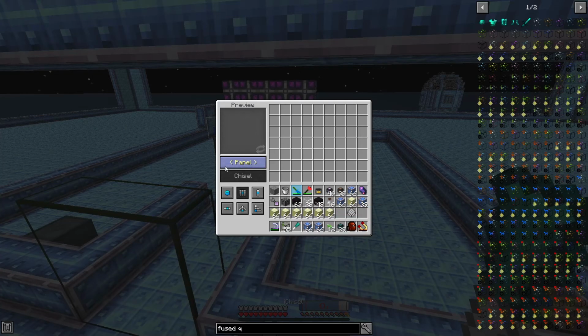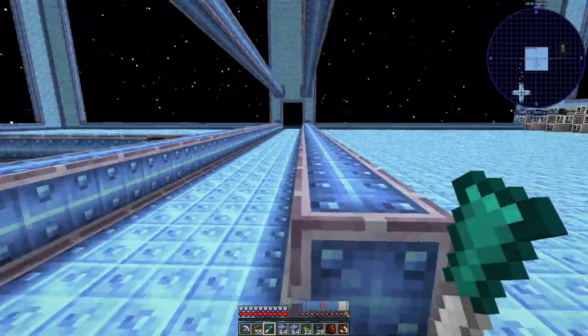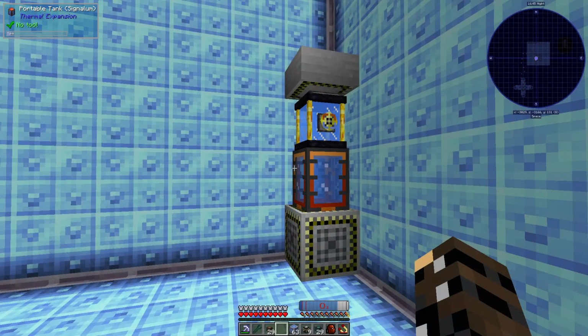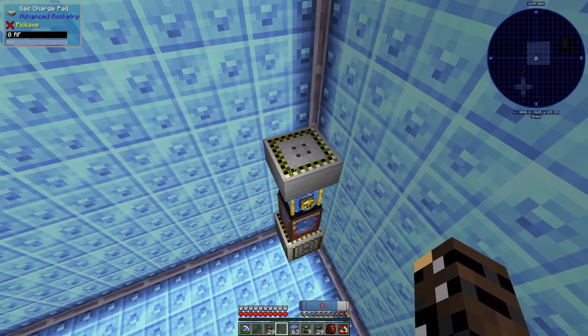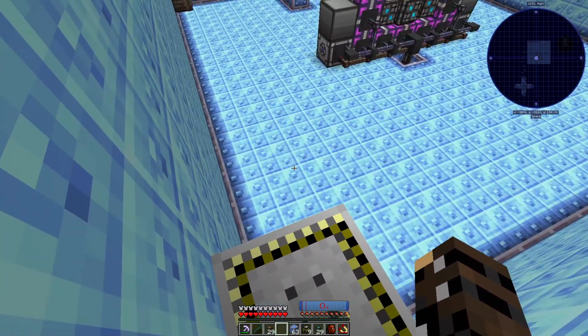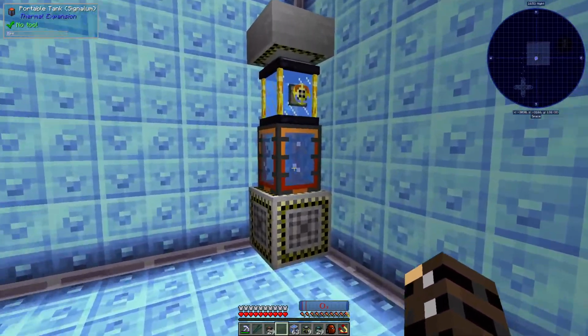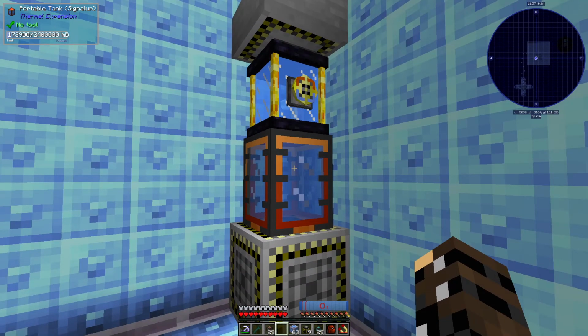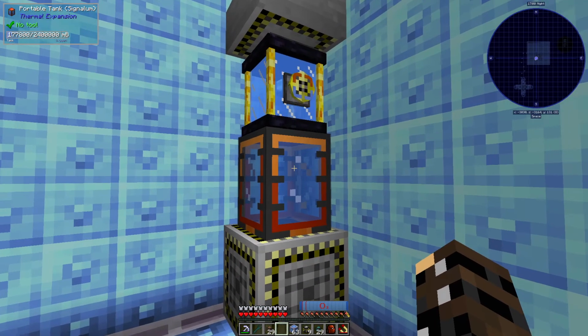Alright, let's get this room full of oxygen and test out this theory. Because then I can AFK and not cheat. Yeah. Okay. This looks like it might work. Alright, so we have our gas pad on top, so we can jump up here and charge up. I want a big oxygen